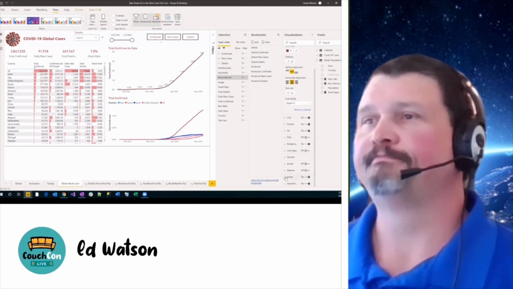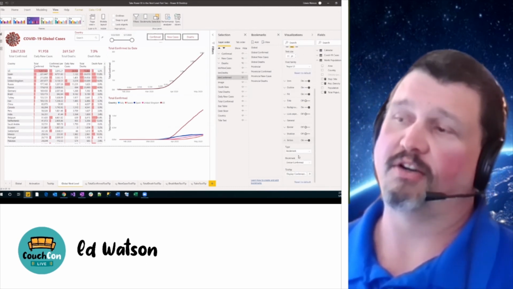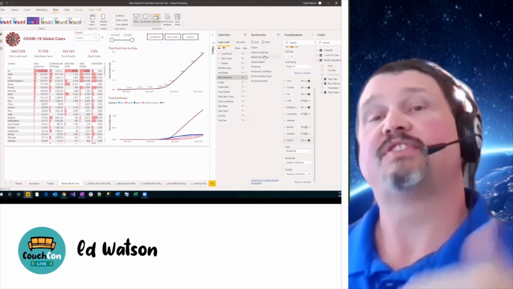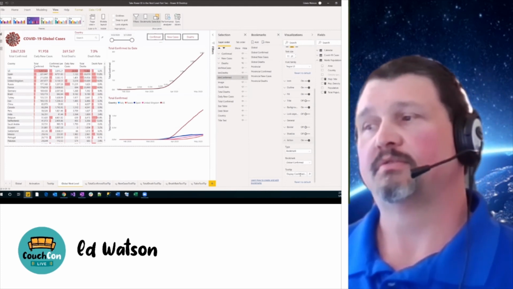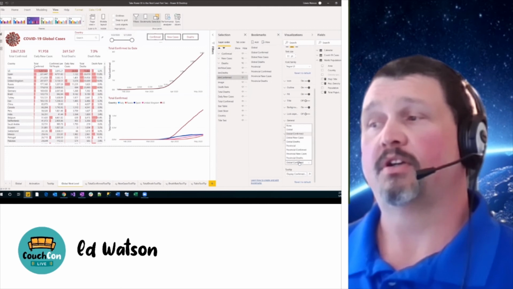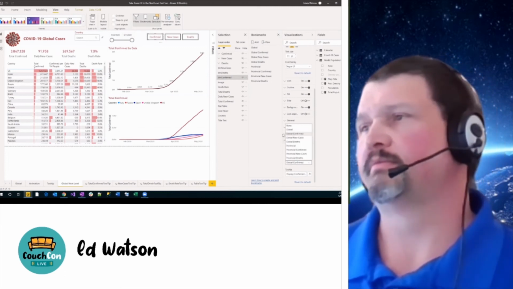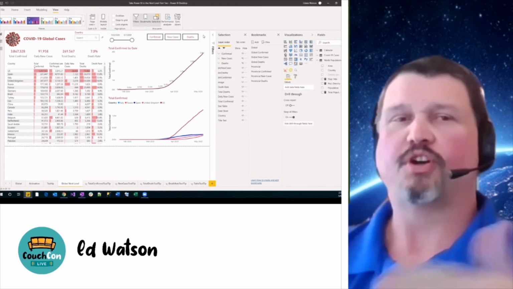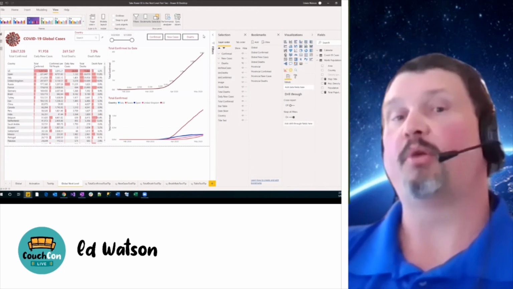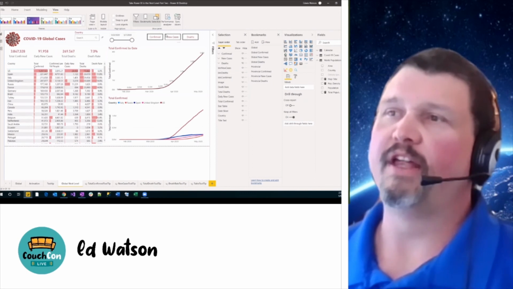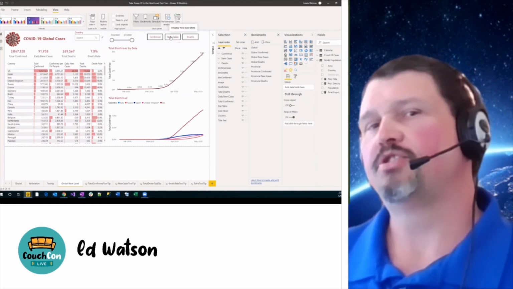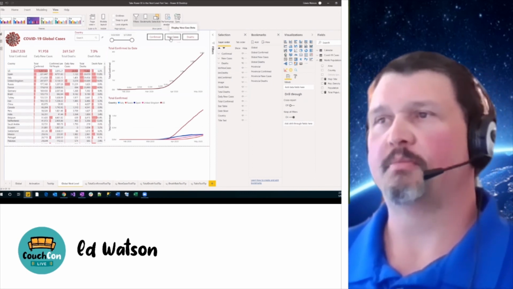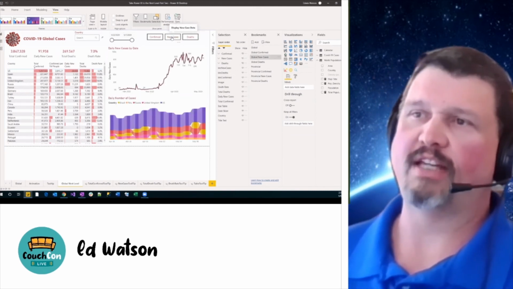But these buttons, the action here is a bookmark that I've saved off called Global Confirmed. So I can hide and show different visuals, save them off as a bookmark, and then use these buttons to change my screen to match those bookmarks. So if I click on New Cases,